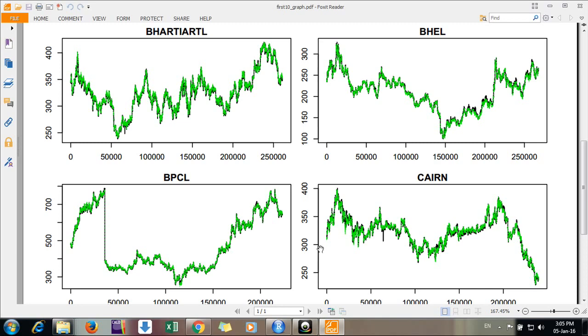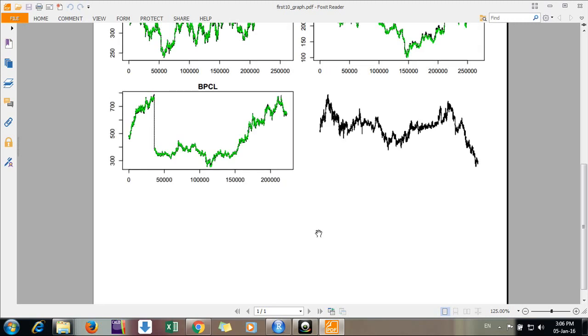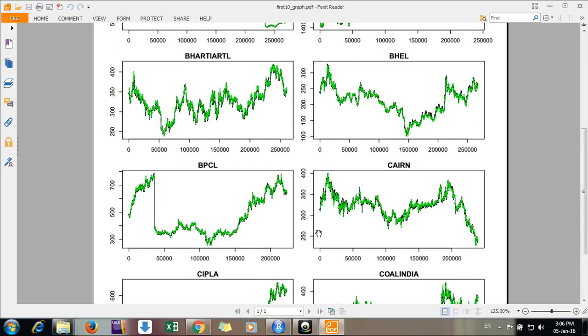If I want to look at a small size, I just need to zoom out, so we can see all 10. So it looks awesome. You can send it to a journal. In this way, we can make multiple graphs on a single page in a PDF file using R.